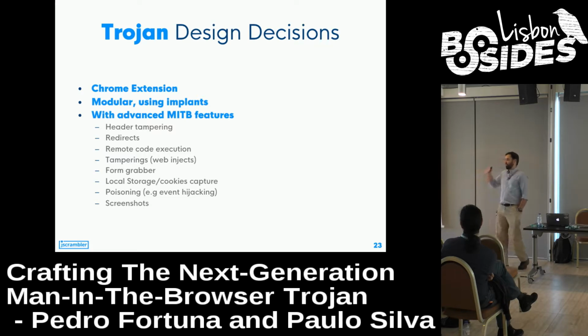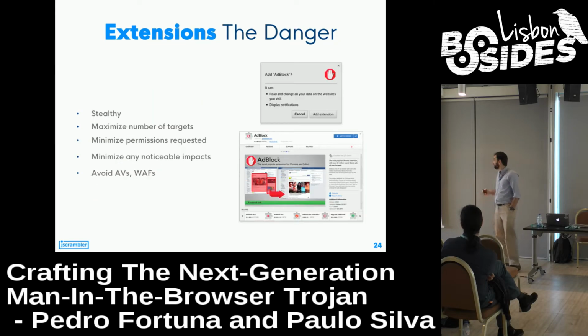Then, of course, we had to think about architecture. We are developing and we want to do a great job. And we started with a modular approach using implants. Implants are something interesting. You don't have to put the feature inside the extension or the malware. You can just pull it remotely. So you can offer a nice extension and then pull the malware when it's installed. So, of course, our goals were to tamper with headers because we want to break the standards. But we also want to implement all the major features we saw in the man-in-the-browser Trojans. And so